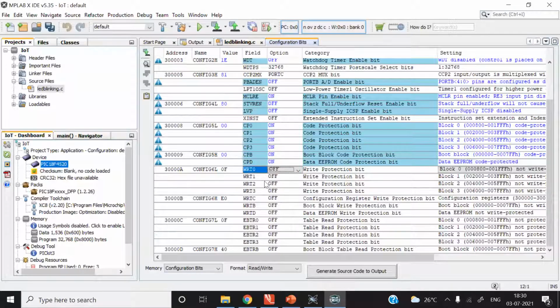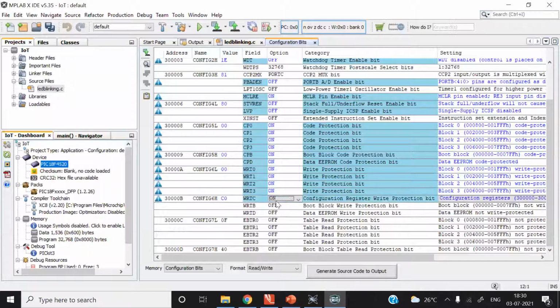Then write protection. If you want to protect your program memory from being written erroneously, then you can enable this protection. Then there is protection for the configuration register.